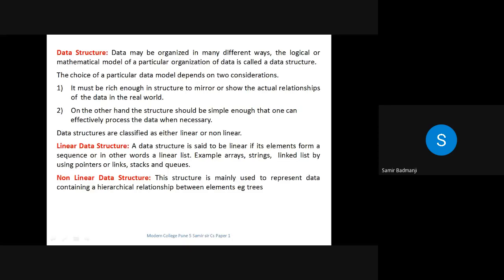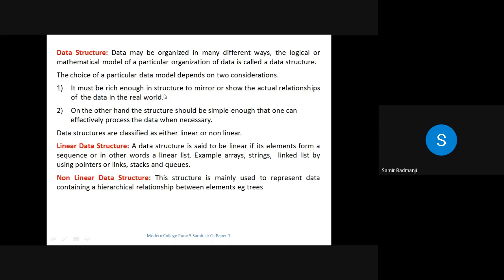Now suppose a set of numbers is there, then immediately you think of an array. So basically, when you define a data structure, it should be so simple that you can easily process that data structure and get the required output of that program. And it should show some relationship. Okay, so these are the two important things of a data structure.